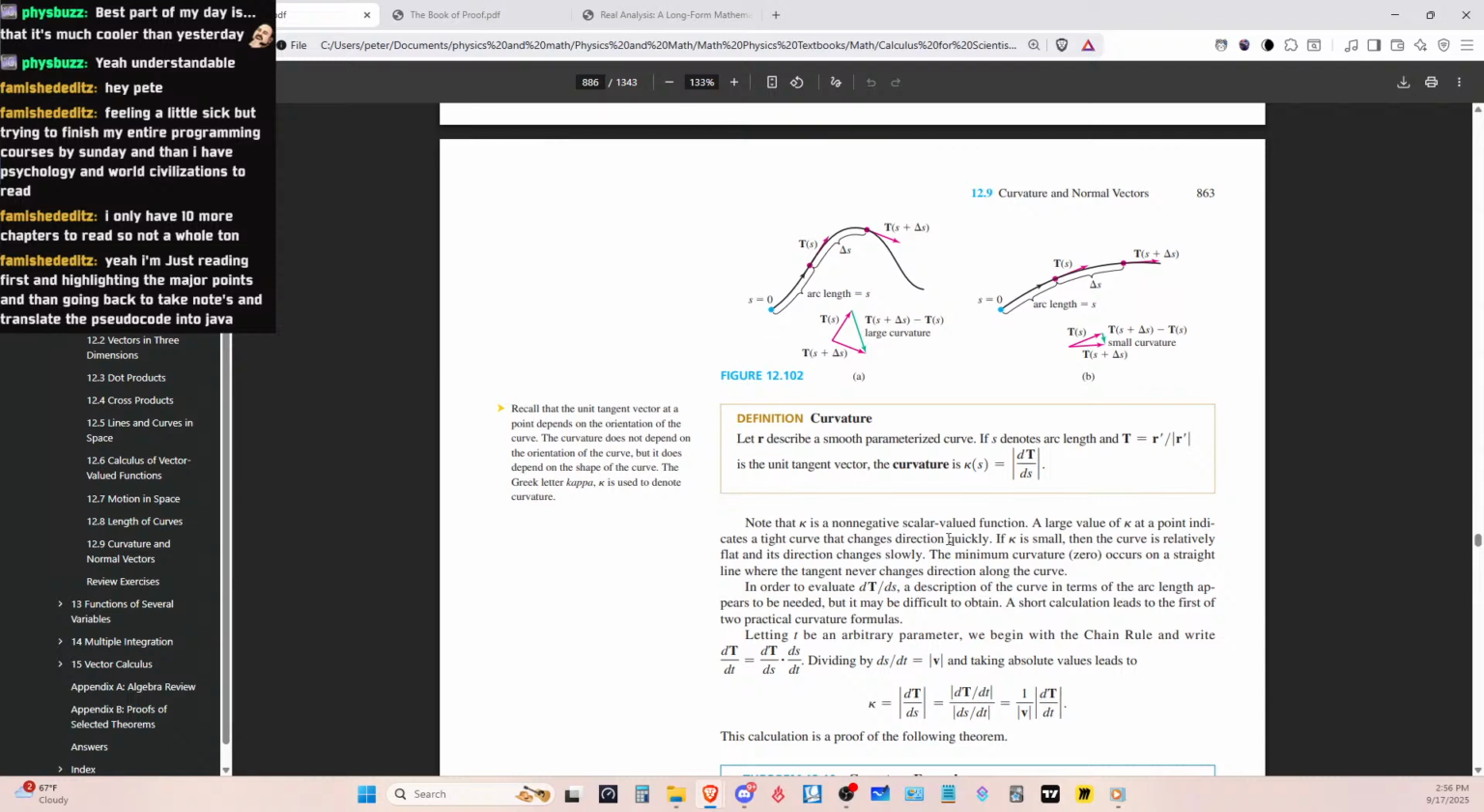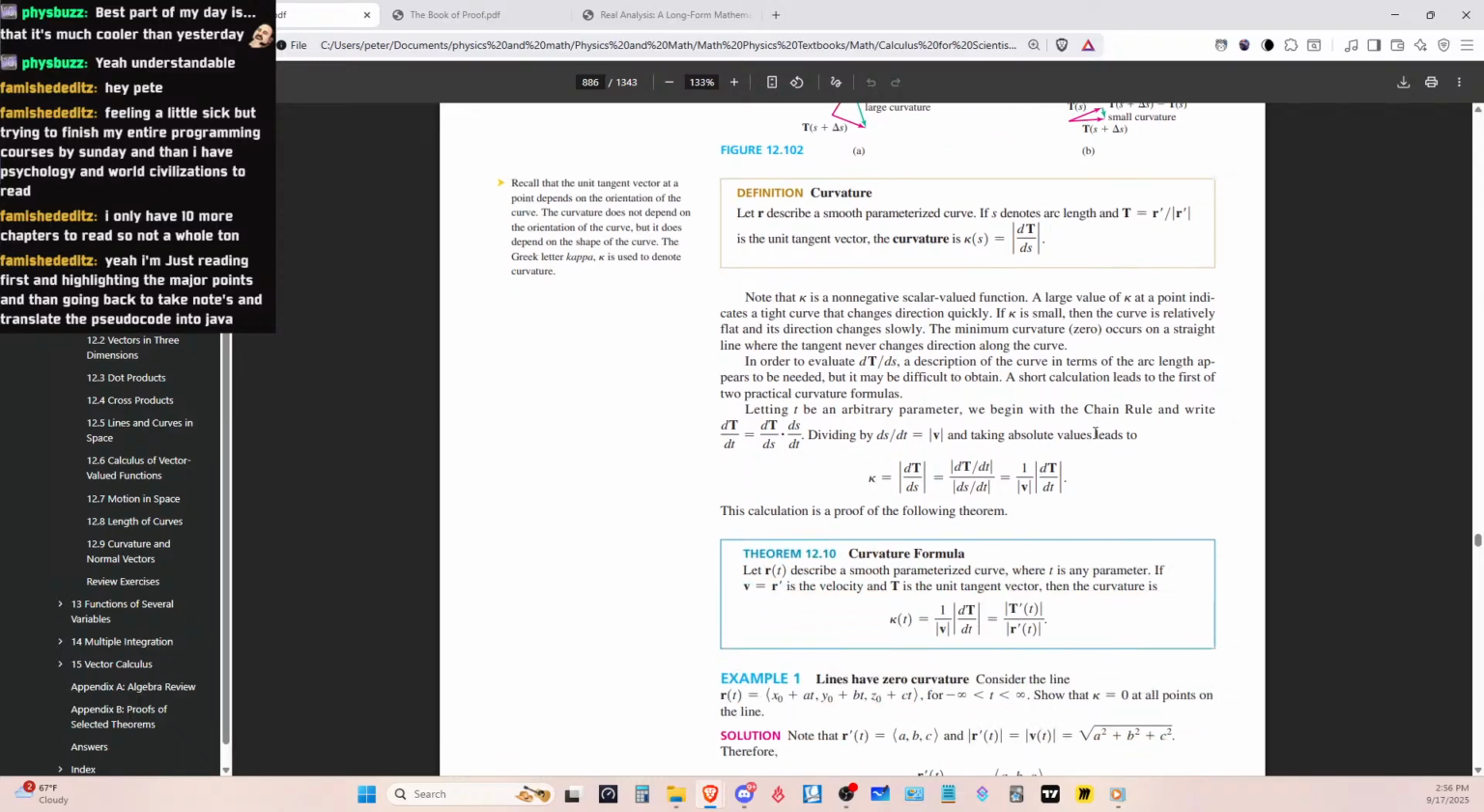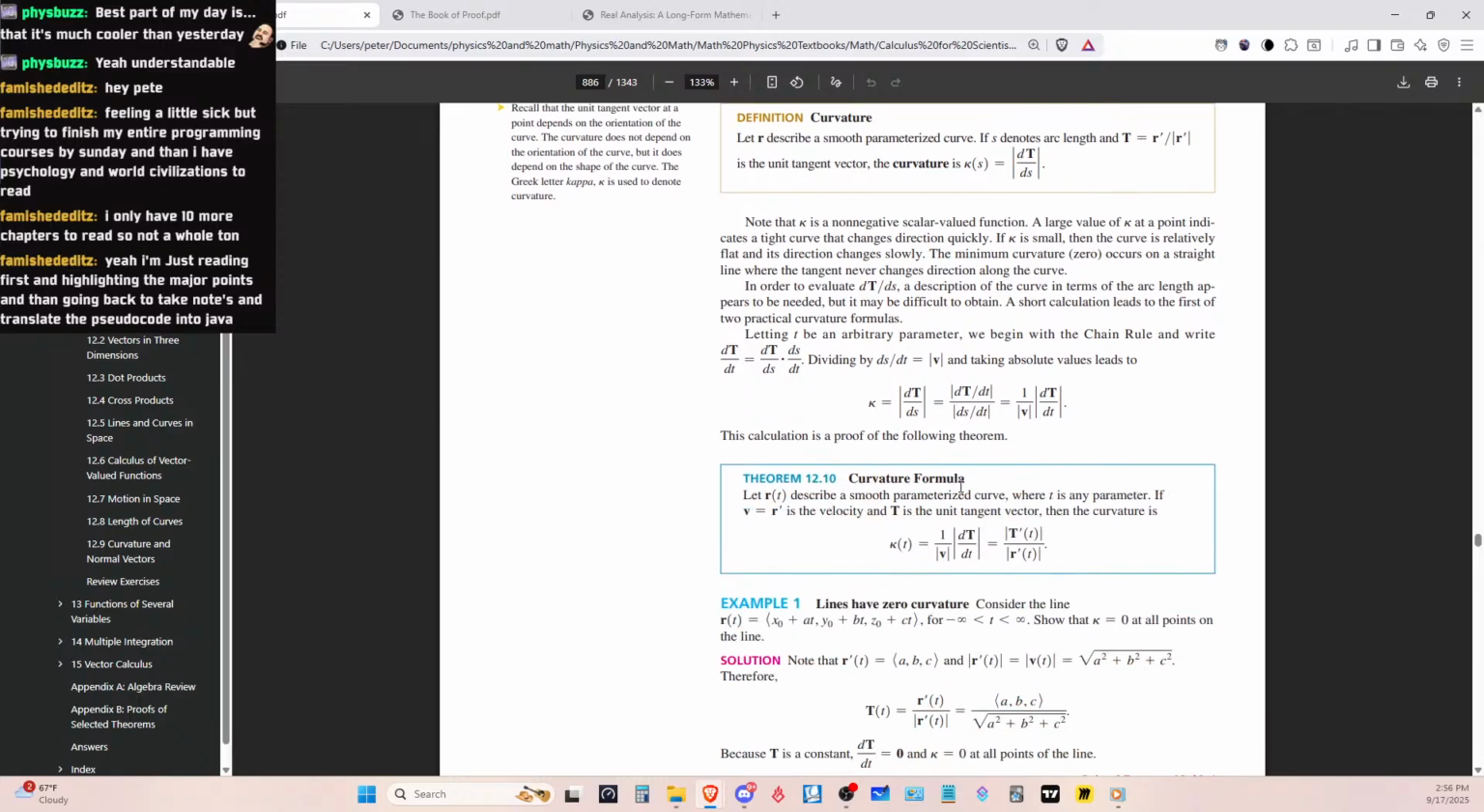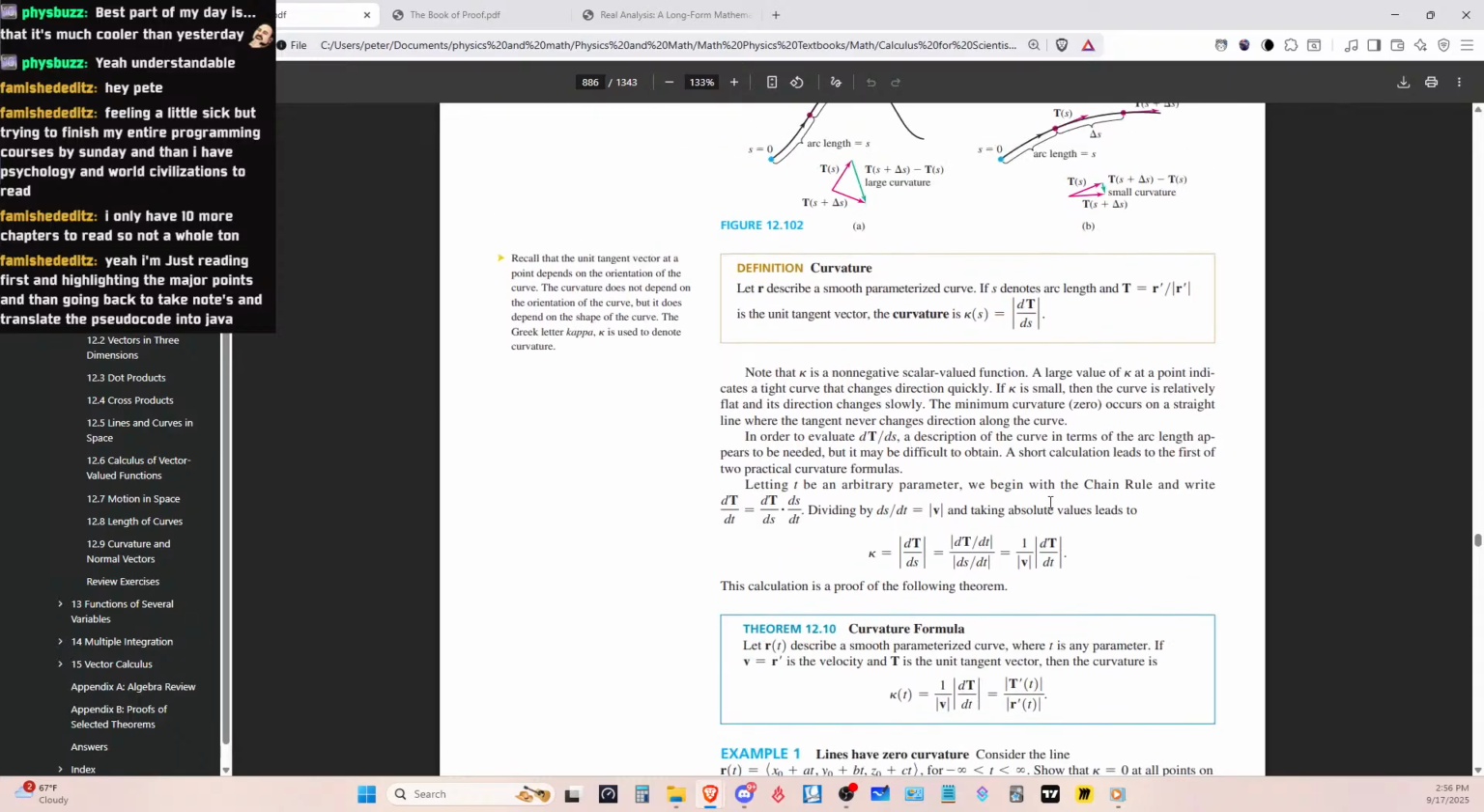Note that this is a non-negative scalar function. Okay. So we have to get the unit vector of the function here and the curvature formula. Okay, so